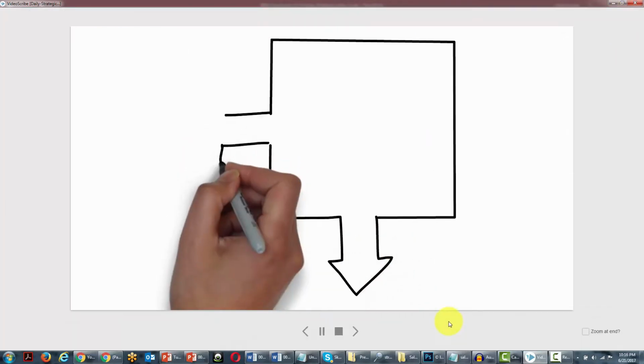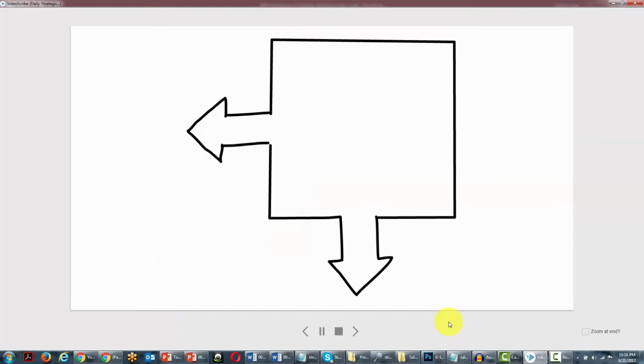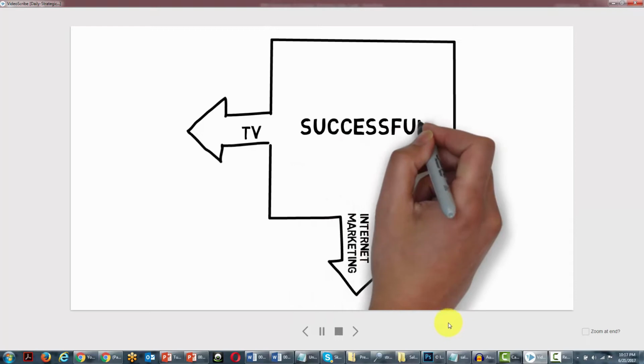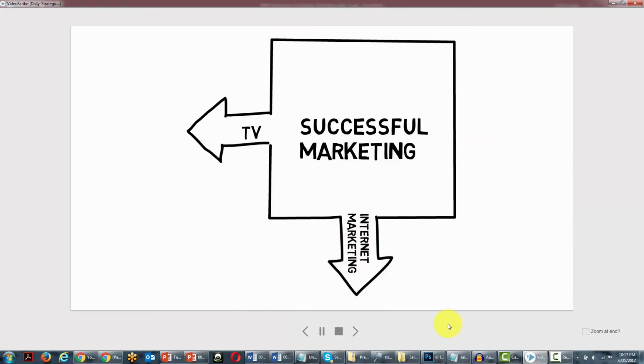What's needed for you to understand is the basic framework for marketing. Whether a company is doing internet marketing or television commercials, there is a certain structure that all successful marketing and